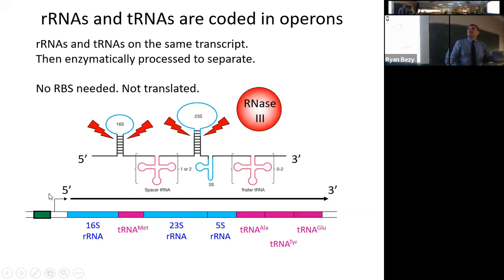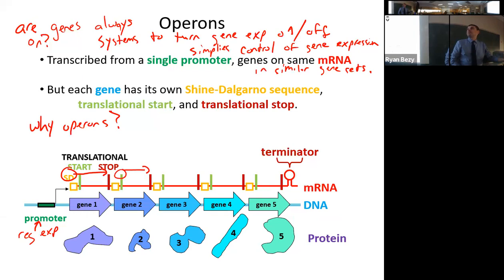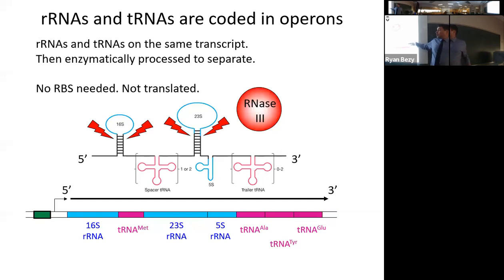How did you get 5 different proteins in my previous example? You had different translational starts and stops, which gave rise to 5 different enzymes. Are these expressed into proteins, or are they functional RNAs? They're functional RNAs. So you have them all on one big long RNA molecule, but do they need to be separated at some point?